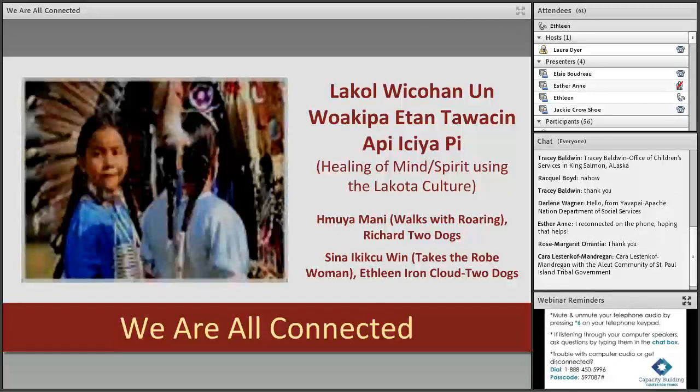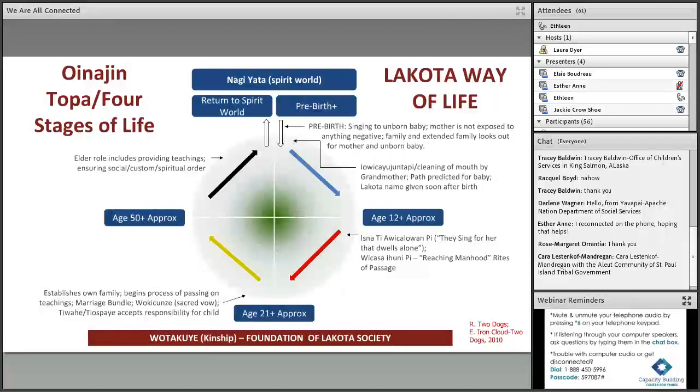Good morning, everybody, again. I want to speak about our Lakota worldview. We believe we come from Nariata, the spirit world, and we pass through 4 stages in our life. As soon as we know of the conception, we acknowledge the baby, the child within the womb.